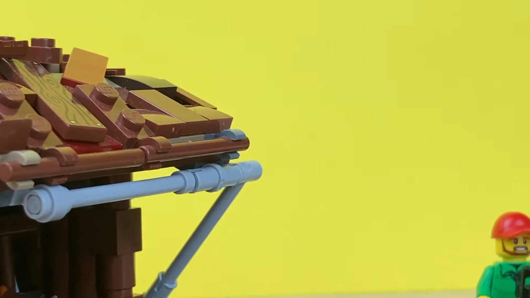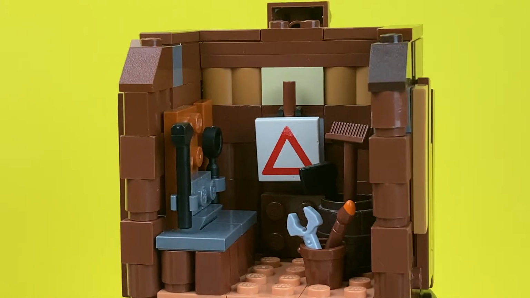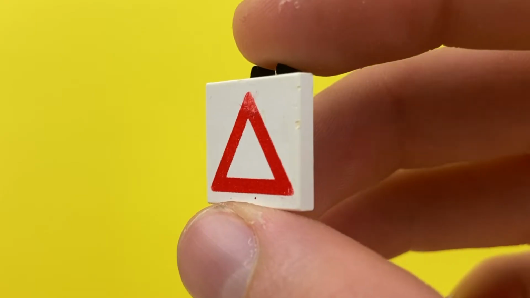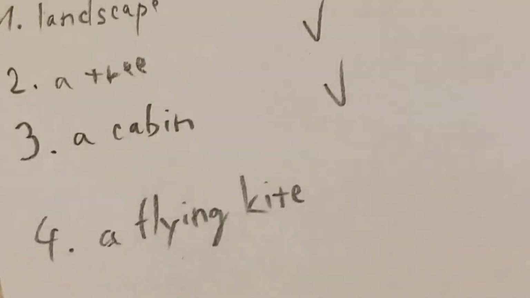I've designed it so it's really easy to take the roof off. Because of that we can take a look at the interior, which is just for, you know, storing the tools and gadgets you might need. Over here is a road sign. Trust me, there's no reason why exactly this type of sign, but I just wanted to spice it up a little bit. So there we go, that was the shed,